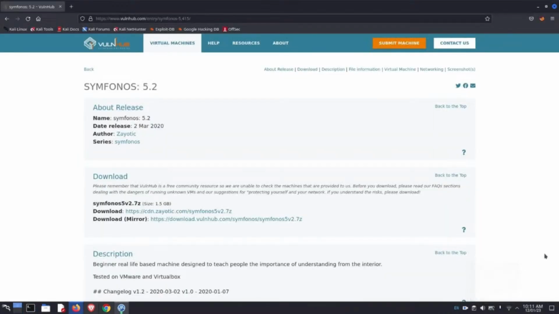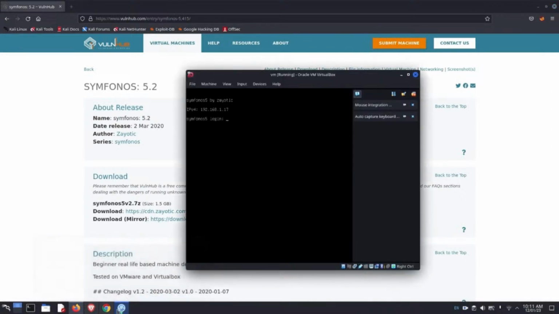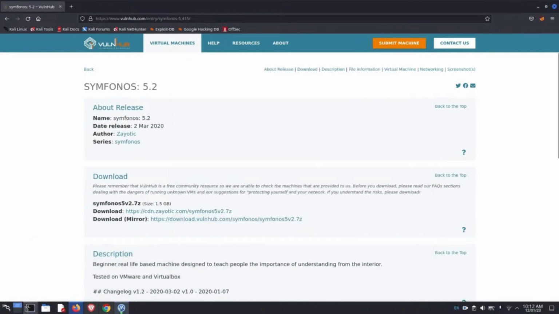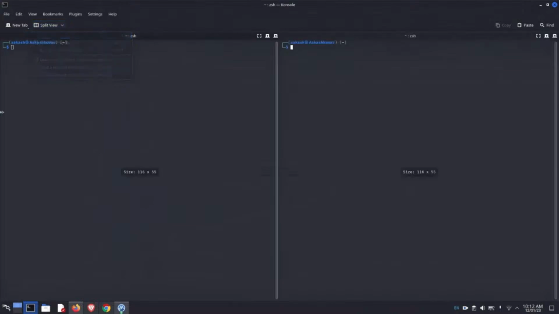So hello friends, welcome back. Symphonos 5.2, it's the last machine of this Symphonos series. So let's start. First of all, open your machine and start the machine after the configuration, and check the IP. My IP is 1.17, but we will check again. So go to your terminal, split view,